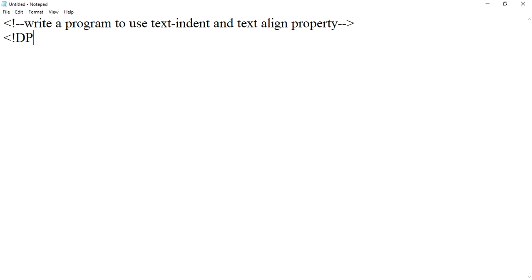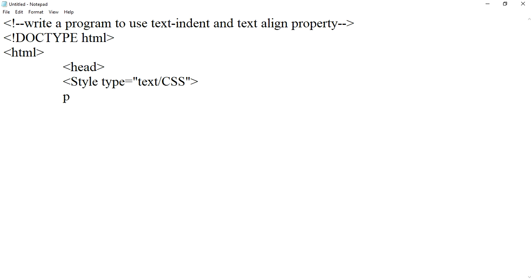So we'll start with doctype HTML, HTML tag, head tag, style type equals to text slash css, p tag, text indent 100 pixel, text align justify,